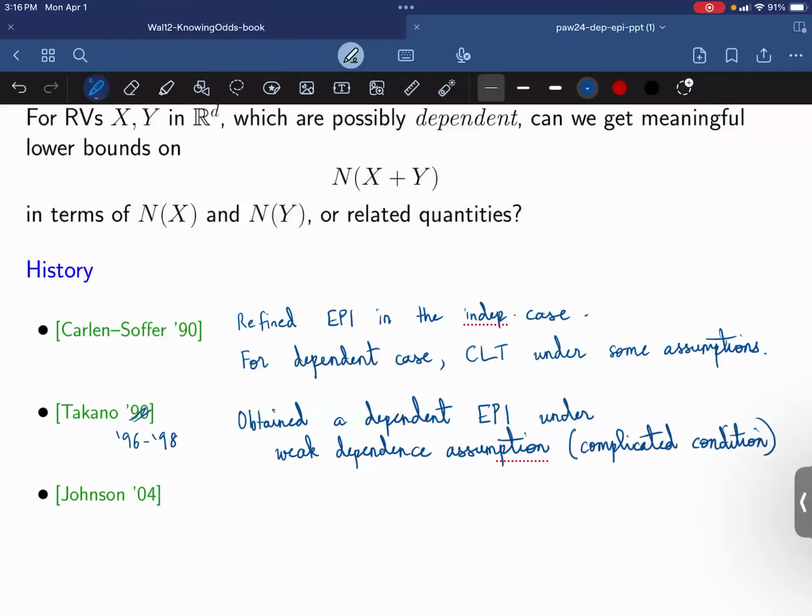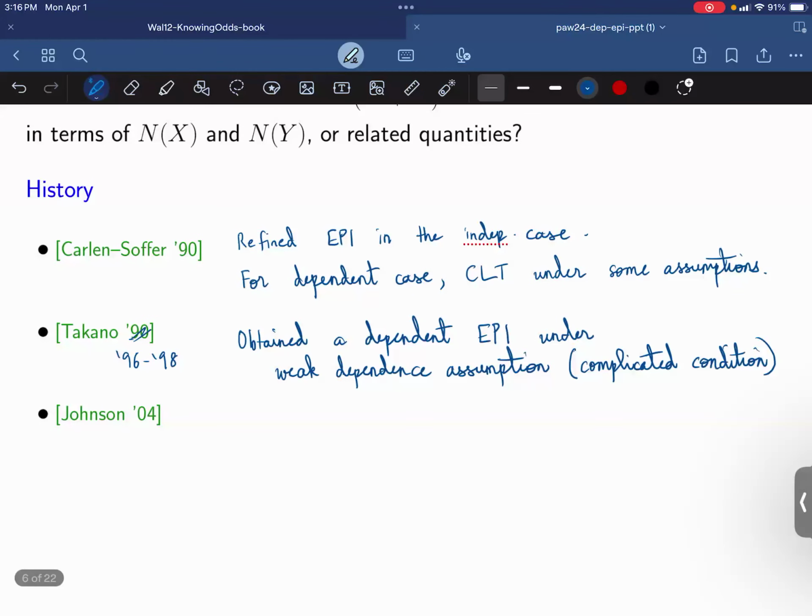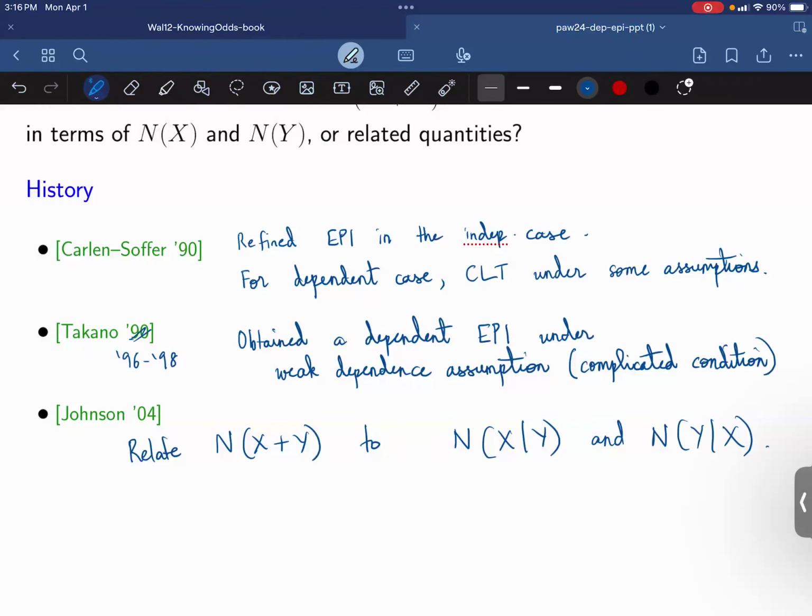Okay, and then in 2004, Oliver Johnson came up with a very interesting idea. His idea was, instead of relating the entropy power of x plus y to the entropy power of x and the entropy power of y, to relate it to the conditional entropy power of x given y and the conditional entropy power of y given x. We'll talk about in a minute what these conditional quantities are. But he was the first to come up with this idea, and he claimed a